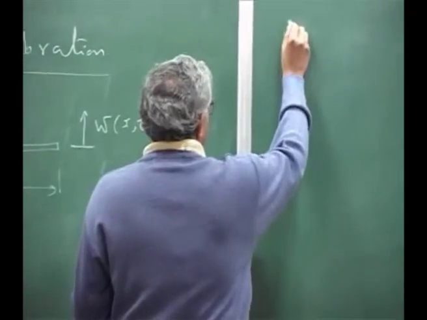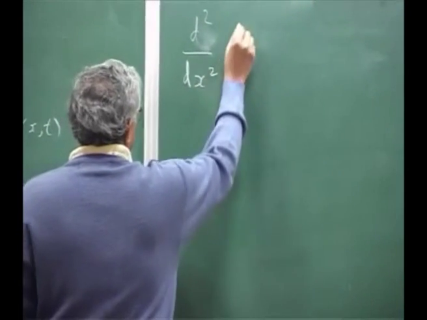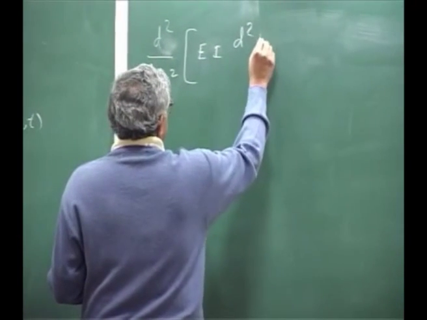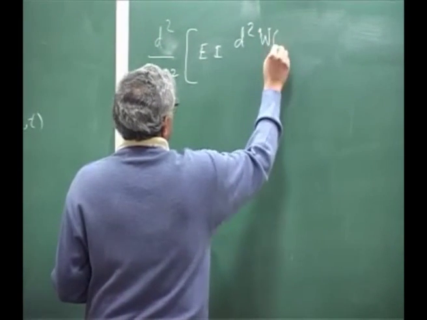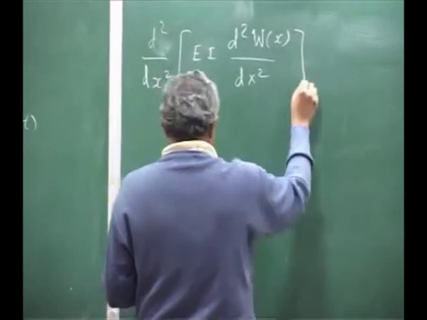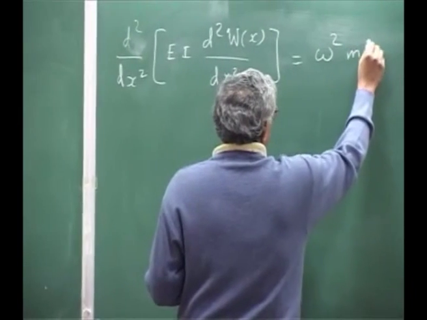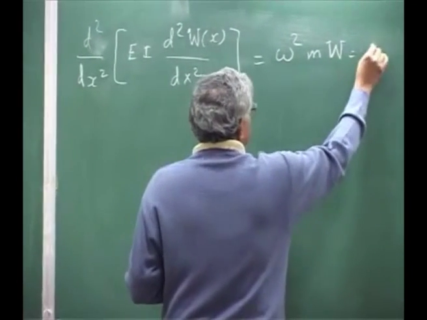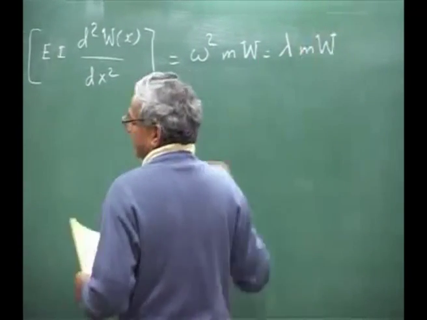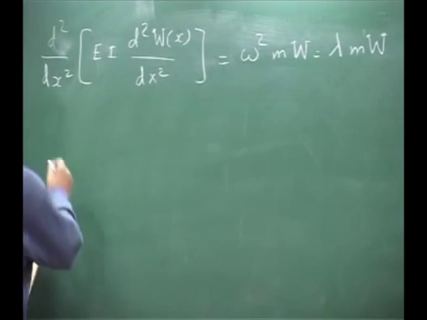You will get d square over dx square of EI d square w, which is a function of x, over dx square equals omega square m w, which we wrote as lambda m w, where m is the mass per unit length and EI is the bending stiffness, with the boundary conditions,